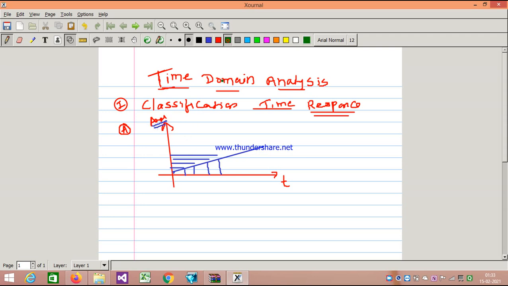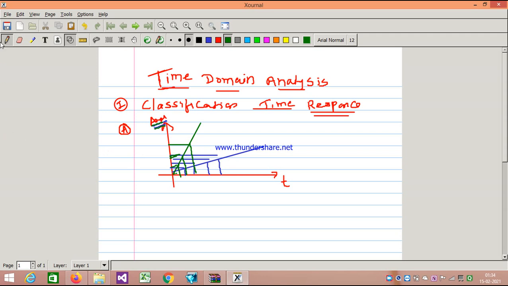Or the second curve we can draw like this. In this curve the response is very high: at a small change of time, the response increases more. So here time and amplitude are put together on the graph, and just observe the response curve, whether its nature is changing high or changing low. According to that, we call it the response of any time domain signal.